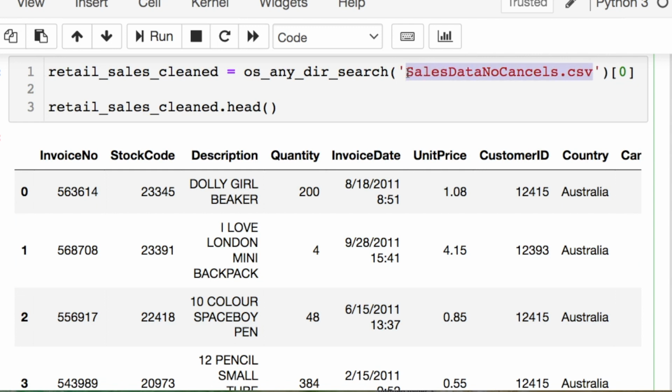All the code will be in the link in the description below from my GitHub. What we're going to focus on today is parsing the invoice dates, taking some of the country information, as well as using the unit price and a quantity and creating a new column called sales totals. When we parse these invoice dates, we will also be parsing this date time format, which is stored as a string initially, and we need to convert that to utilize this for our time series.